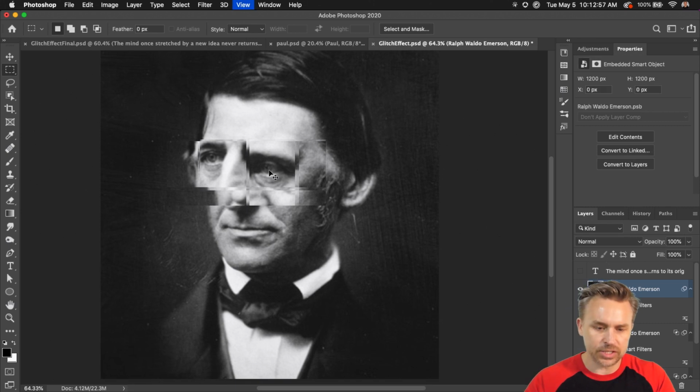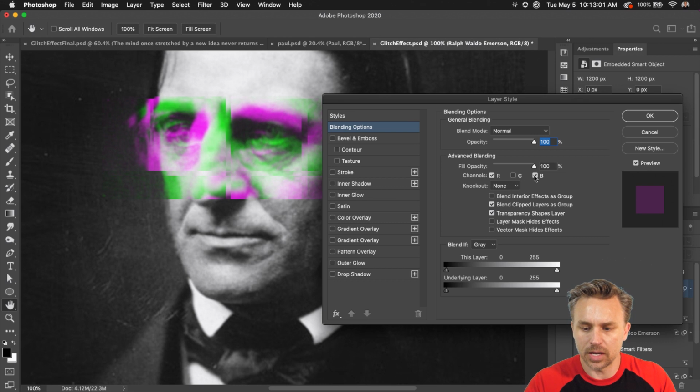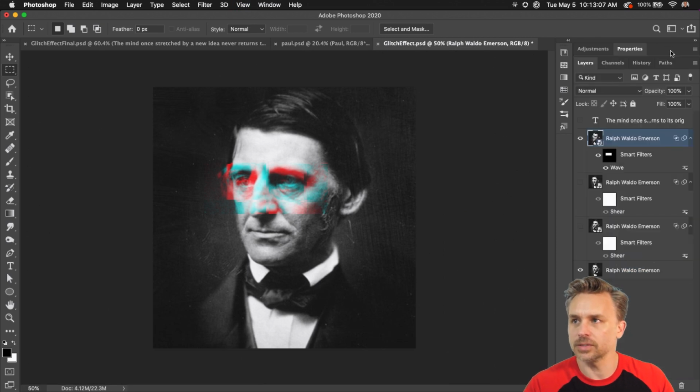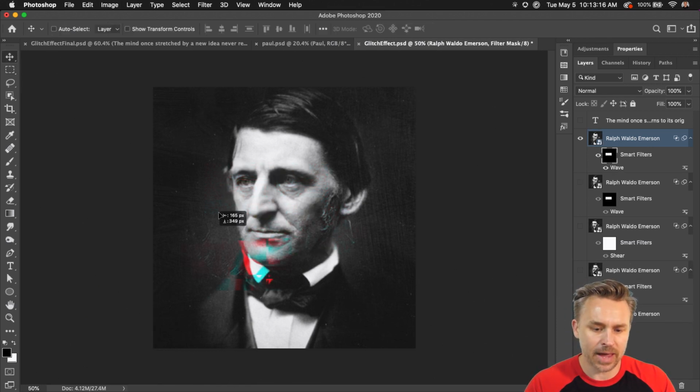But from here, with just the eyes done, I can go back in and do that same thing. Double click right in here and just show, say, the red channel, right? And now we have some distortion like right there, okay? So that's what I'm doing right now. Hopefully this makes sense. Playing with wave, maybe doing a Command J to jump it, maybe moving this mask around